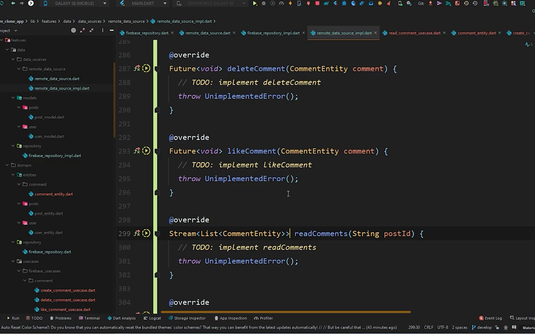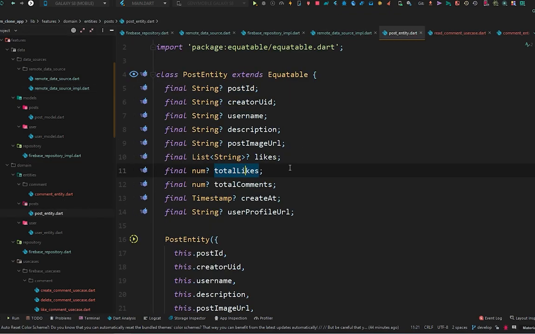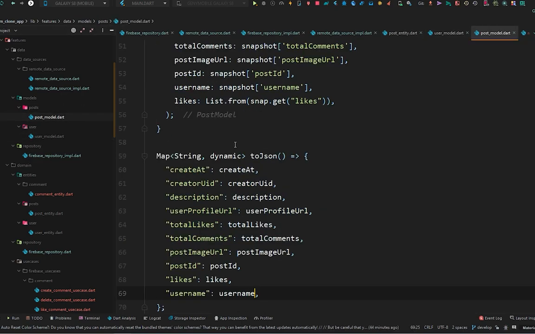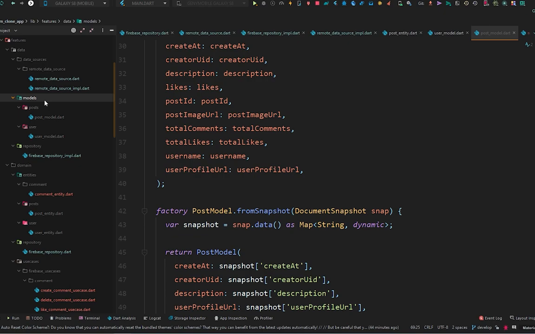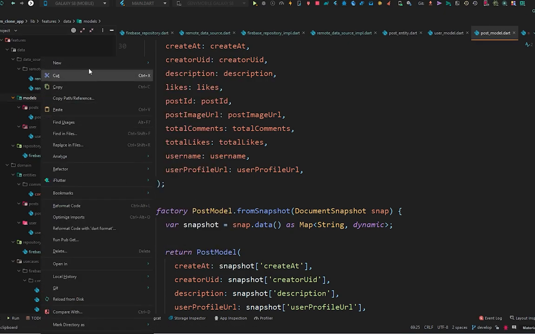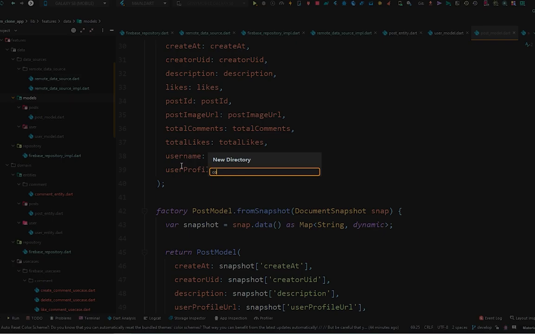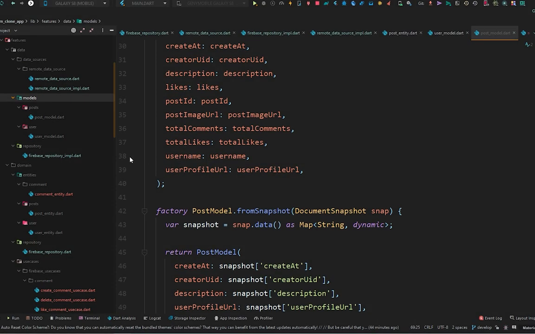As in the video when we were creating the post entity, I had given you a task to create the post model. Now you have to create the comment model, and it's really simple. You may be familiar with the user model and the post model. Simply create the comment directory in here like this, name it comment, and inside this create the comment model,